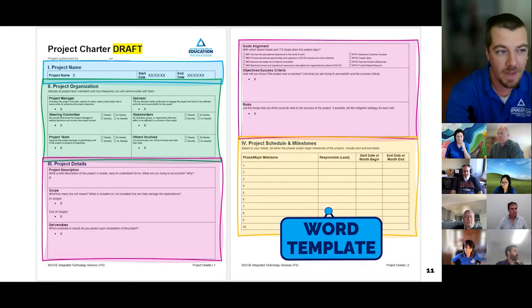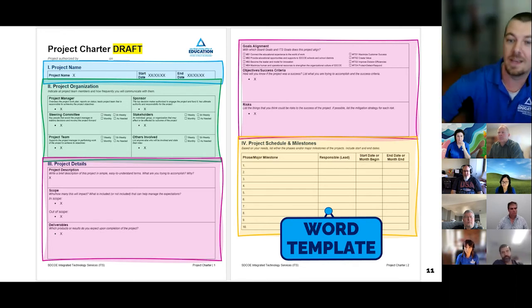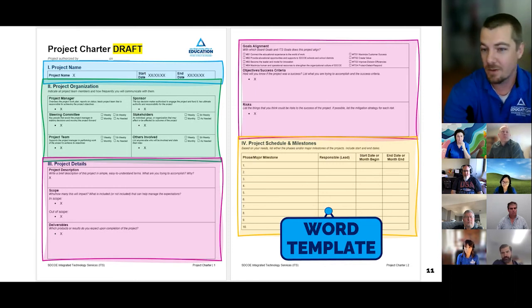Next, we've got our project organization, and this is all of the people involved in the project. So who your project manager is, if you have a project lead along with the project manager, who your sponsor is, that's the person that's authorizing and endorsing the project, the kind of ultimate authority over the project. You have your steering committee, which is whoever your leadership is that's kind of guiding that project. Your stakeholders, and stakeholders are anybody affected by the project, not just your customers, but anybody your project affects. You're going to kind of break them down here. You don't have to list every single person, but mainly your groups of people that might have unique needs or communication requirements, that sort of thing.